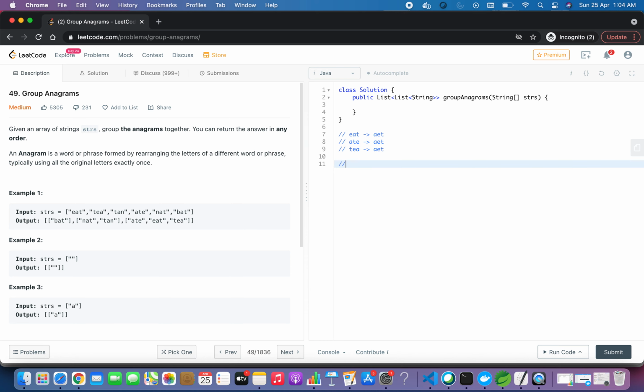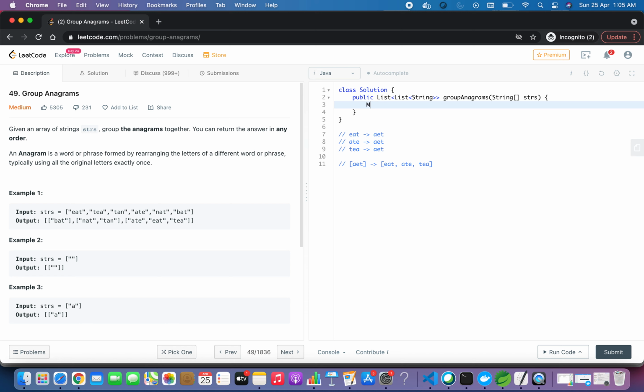Then we can have a hash map whose key is aet, and it has a list of strings which has eat, ate and tea as the strings which are anagrams.